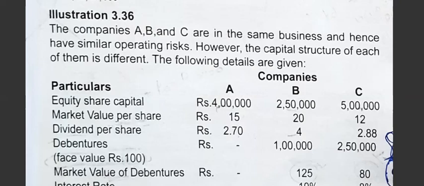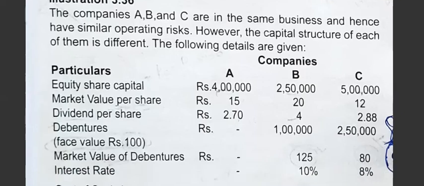Then 1 minus 0.35, the tax rate, divided by 100. 100 is nothing but the issue price. We don't take the market price of the debentures because it is a sale value. We have to take P, only the issue value. If the issue price is not given, we can assume it is 100. Every time we have to assume it is 100 if nothing is given. So 100 into 10% is 10 rupees, tax 0.35, 100 rupees is the issue price. Now calculate, you will get 6.5%.